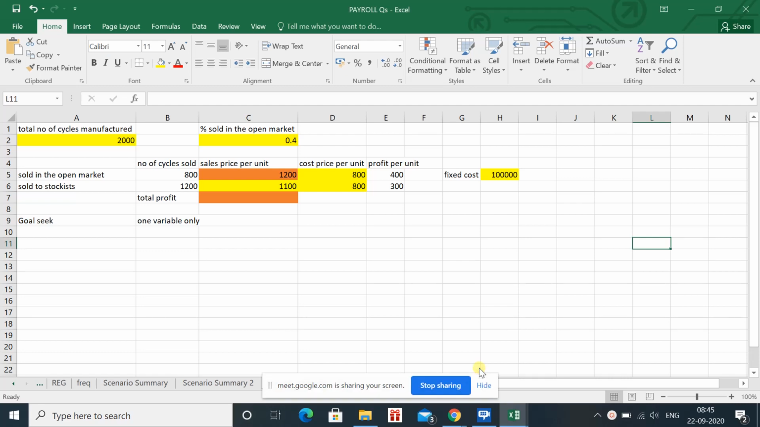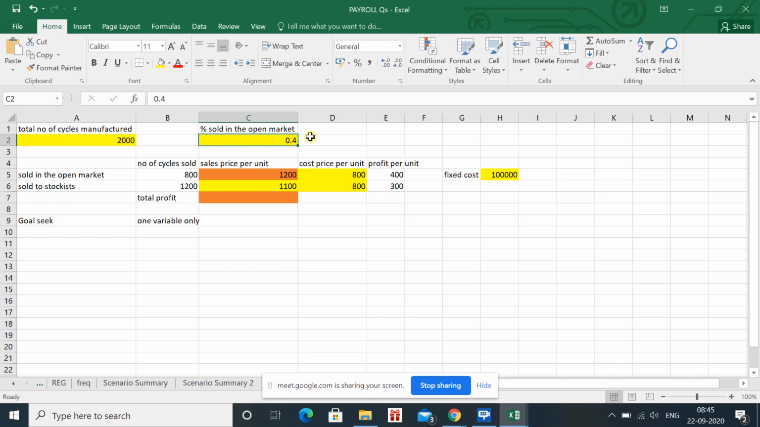Okay, class, we are discussing the what if analysis question, and we have already read the question. In that question, they have given some information that 2000 units are the units produced by the manufacturer. In total, the manufacturer is producing the 2000 units, and in the open market, the manufacturer is selling 40% of its stock, and if he is selling 40% in the open market, and it is clearly mentioned in the question